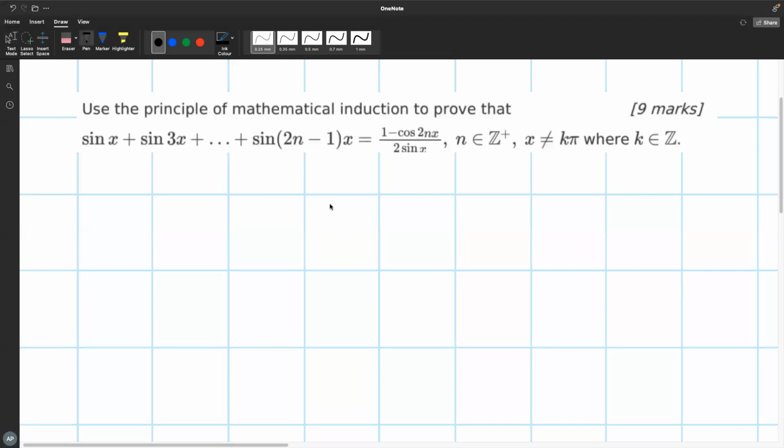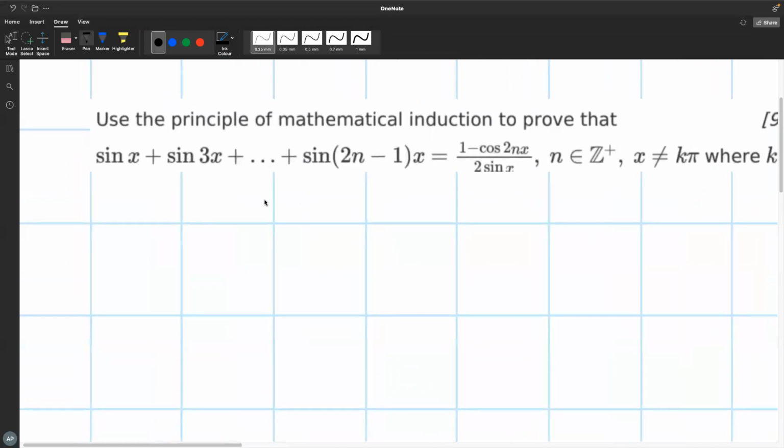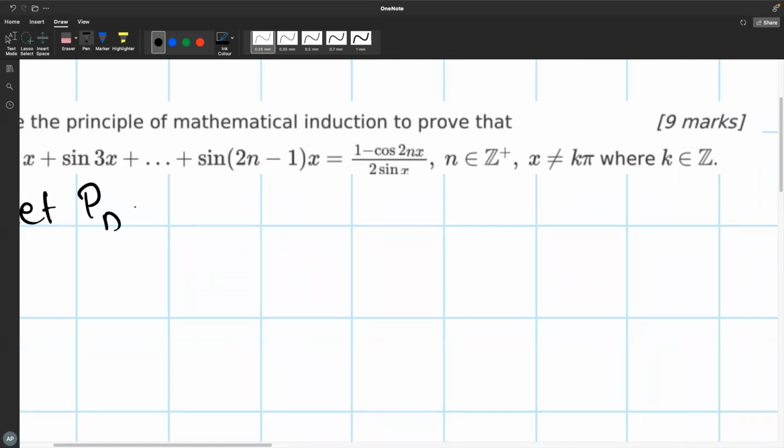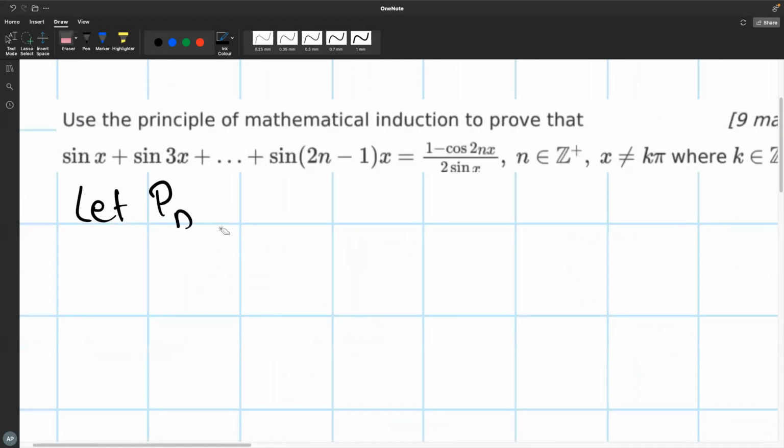In this video, I will be explaining how we solve this induction question in front of you. So first, we must start by declaring the proposition. So let P of n, where P is the proposition of any number n, be